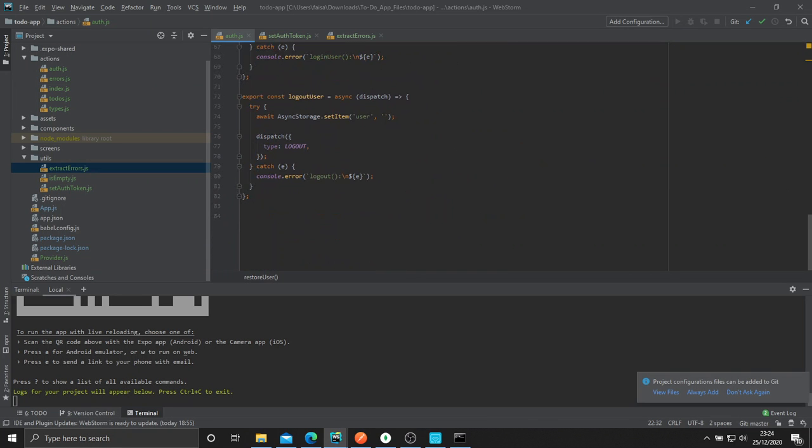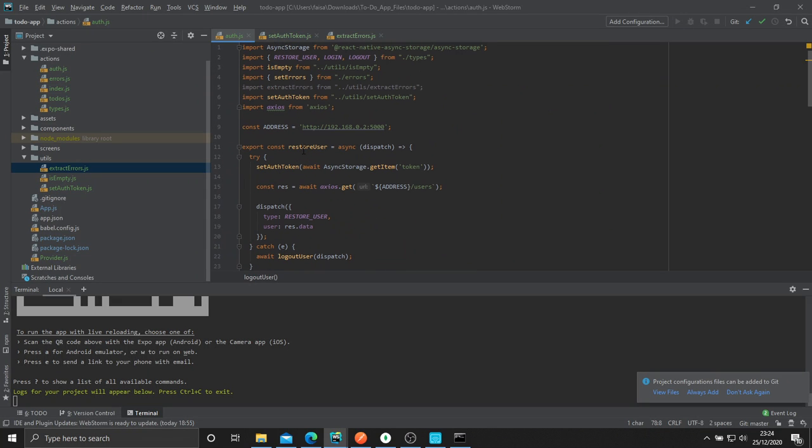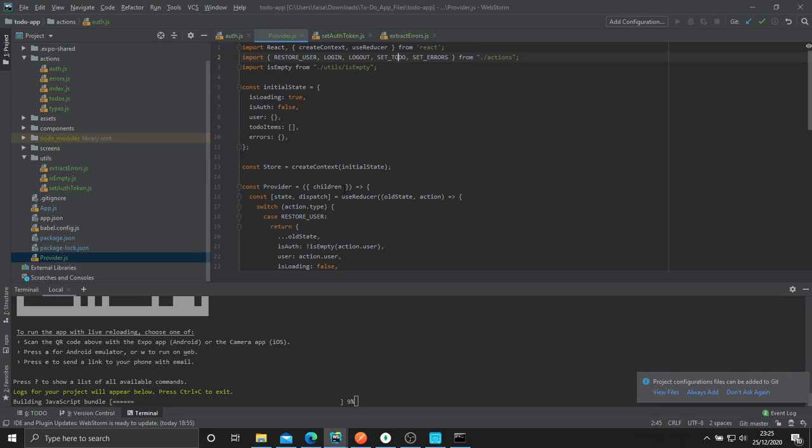Now let's go to logout user and let's change a few bits here. So instead of set item, let's go ahead and type remove item, and here we can type token, and that will remove token. We've got try catch, which is fine, shouldn't throw any errors. Dispatch is still fine. Yep. So I believe if we were to run that, let me double check that we don't need anything in our provider, should still be the same